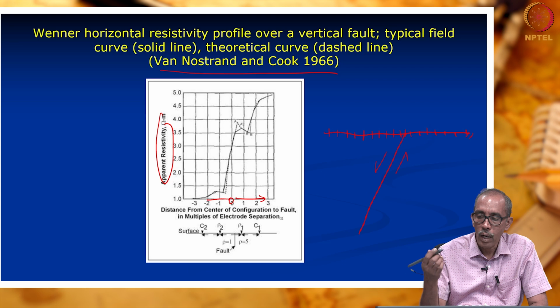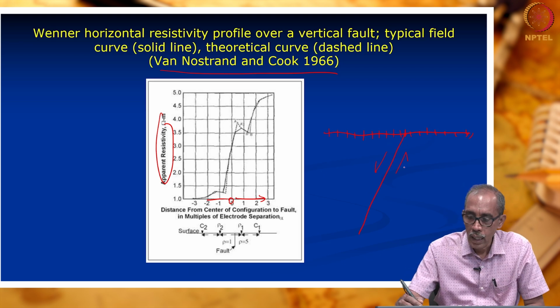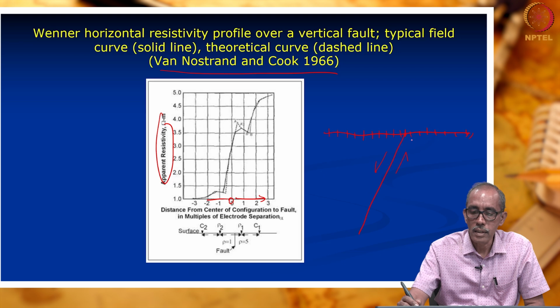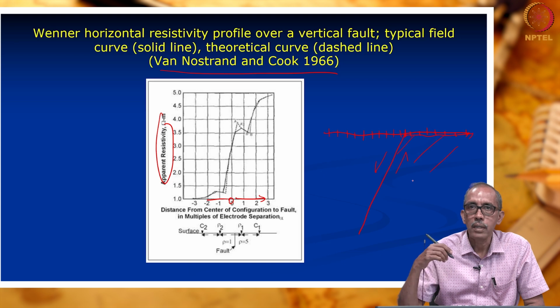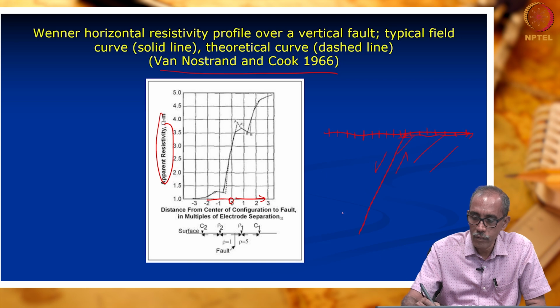What is the reason? Possibly during the process of faulting, the much more resistive rocks have moved upwards. This is a more resistive rock, whereas correspondingly on this side the contact would have been somewhere here, the same resistive rock, high